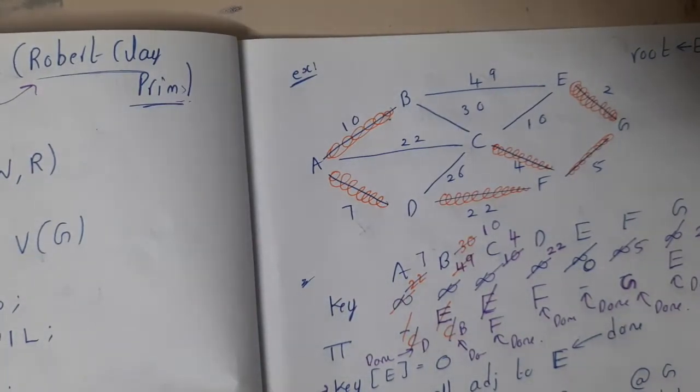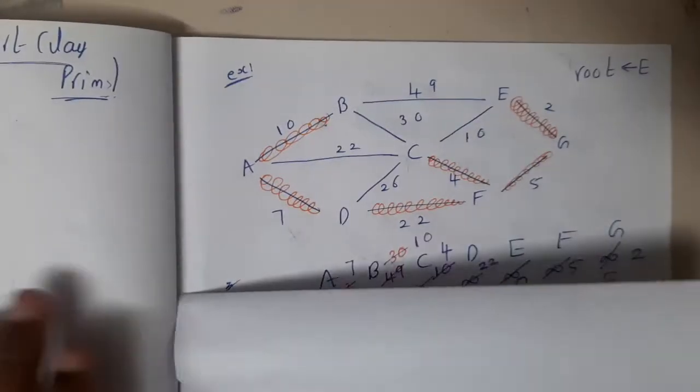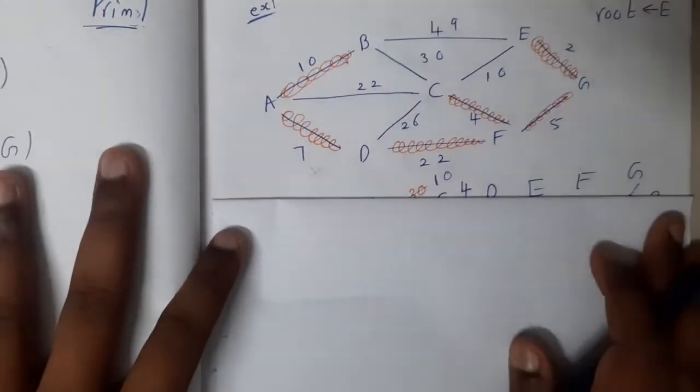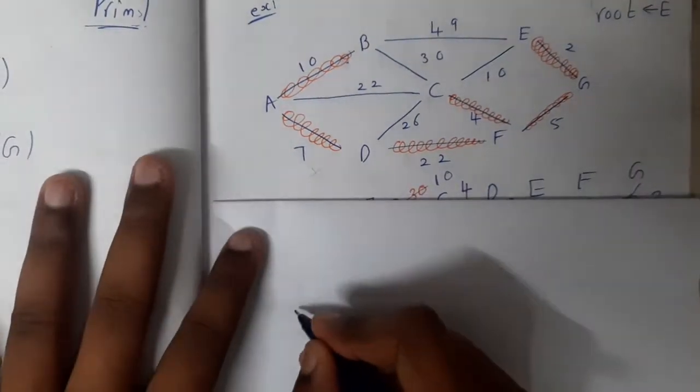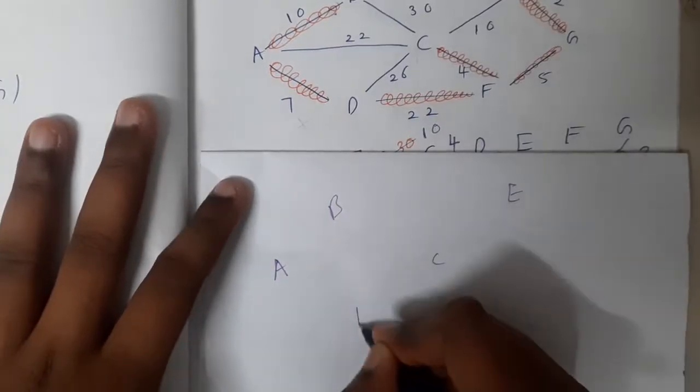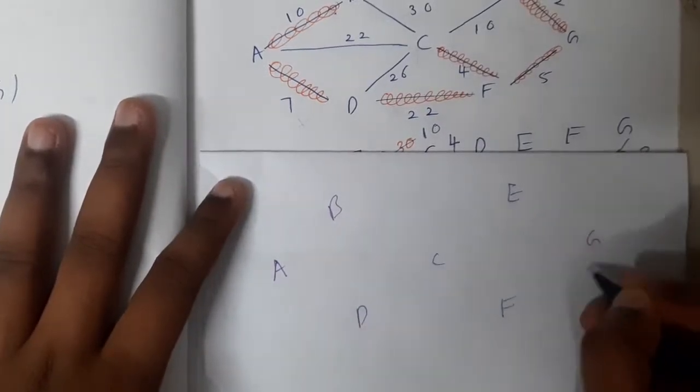If you know the logic, like how it is done, it's easy. With respect to code, it's a bit complex. That is the reason why I'll be showing you the easiest method first. In code we cannot follow that particular method. I'm not saying it's really tough, but it's a bit complex. So let us solve the question first, then we will discuss the approach.